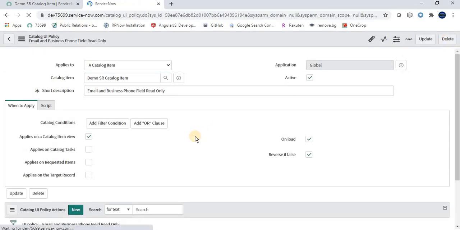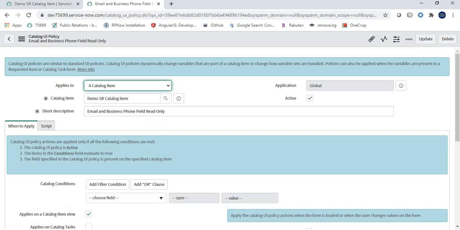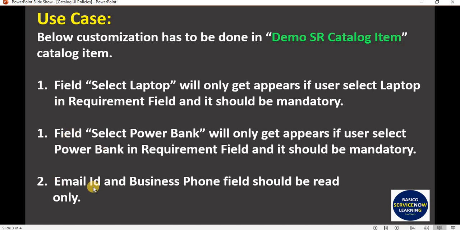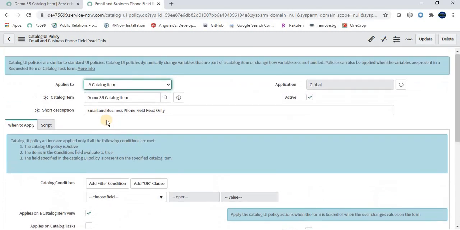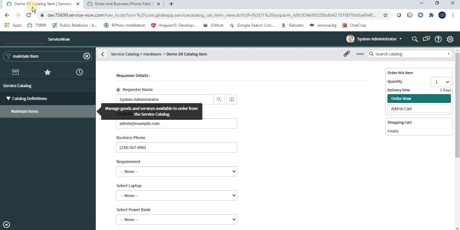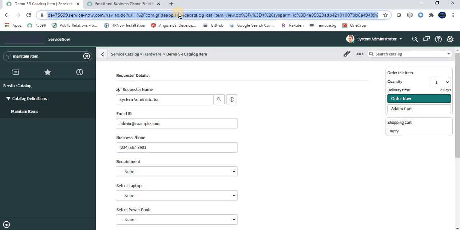So in this way we have catered all three requirements, 1, 2, 3. I'm sorry that I have written 1 over here, but please consider it as 2 and please consider it as 3. Okay, so let's navigate to the ServiceNow development instance. We are done with the three requirements, right? So let's test the service catalog item. I'm refreshing the page again.